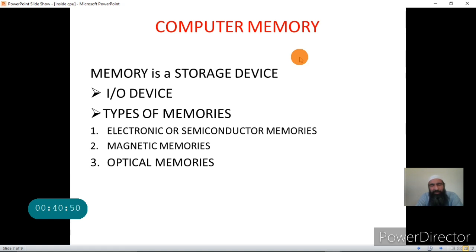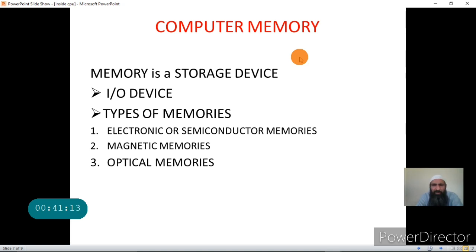A keyboard can only send data to the system, so we call it an input device. A monitor can only receive data from the system, it cannot send data to the system, so it is an output device. But memory is both an input and output device.